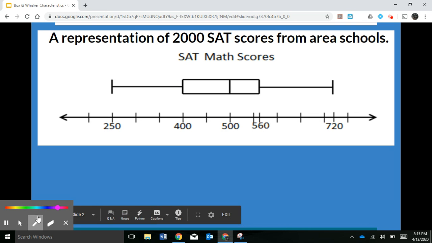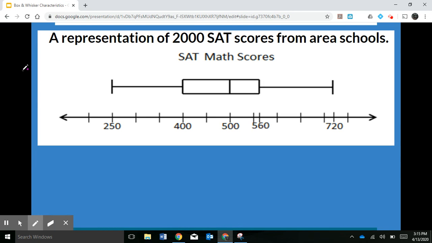So now that we have that under control, if they do tell us, like this one here, it says a representation of 2,000 SAT scores from area schools. So this is a representation of 2,000 people, all right? And these are their scores. So somebody scored a 720 and somebody scored a 250. Maybe more, maybe there were two or three people, right? So some characteristics. Today, what you're going to learn is the characteristics of a box and whisker plot and